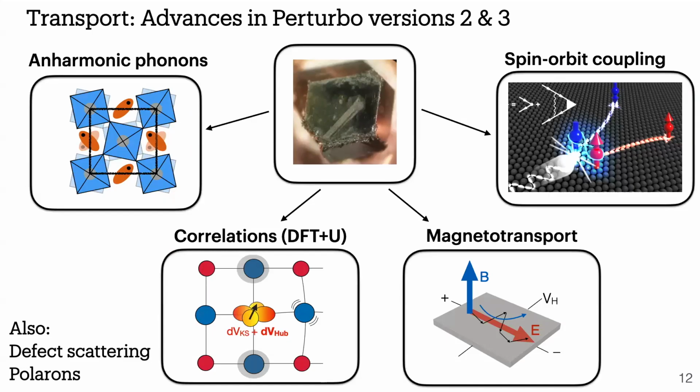So that was basically just the basics. And now I wanted to cover a few more advanced features that we've added in versions 2 and 3. In particular, in this sequence, I will talk about including anharmonic phonons, electronic correlations, and then modeling transport in magnetic fields, as well as spin-orbit coupling and spin relaxation. Other capabilities for transport include defect scattering and polarons, which are present in the code, but I will not discuss